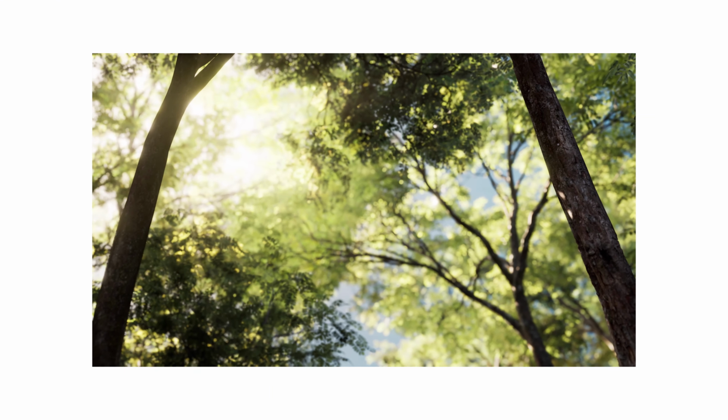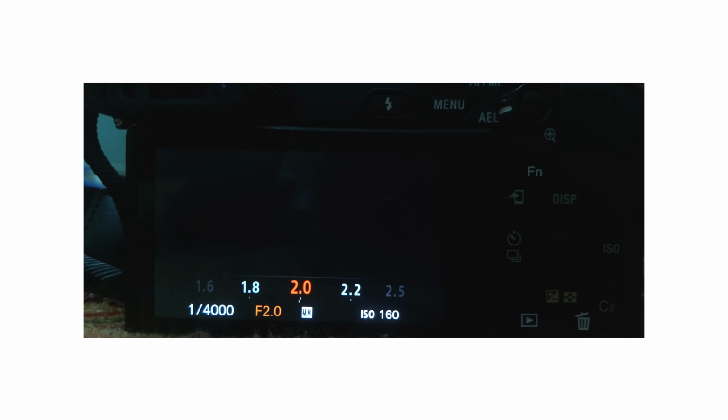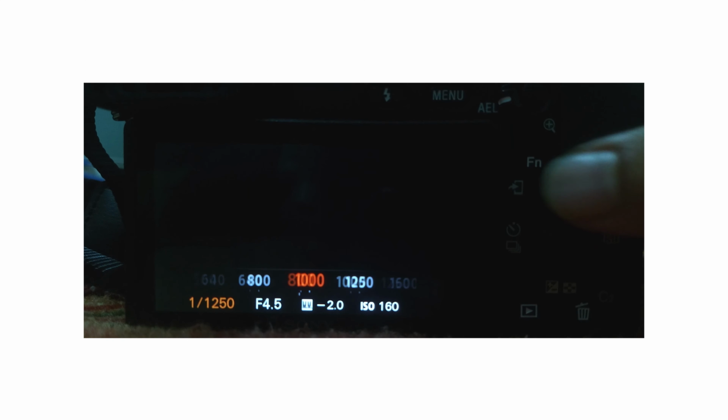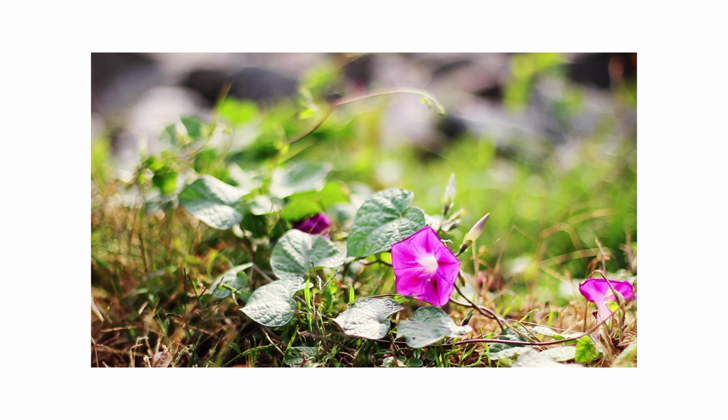Let's say you're shooting something in broad daylight and you set your f-stop to as low as possible. If you still see light, usually you increase your shutter speed to as high as possible, and my camera has only 1/4000. I can't go more than that. So if I want a shot with more depth and without losing much in the shadows and highlights, I would prefer an ND filter.